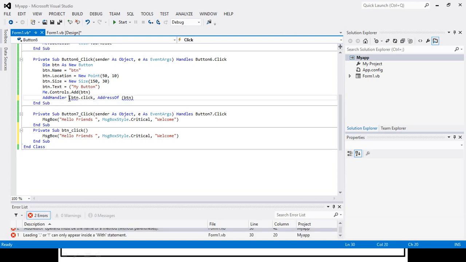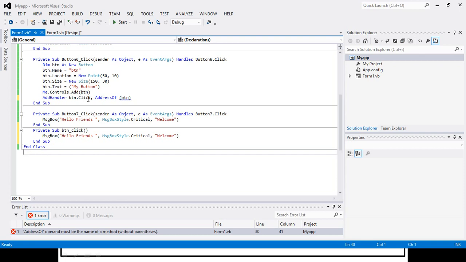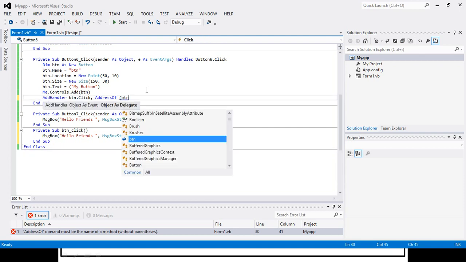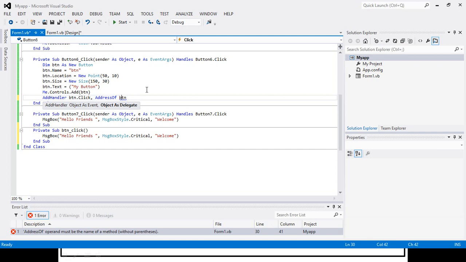Now here we have created the handler for our button and we have put the object address of that particular button. Now here we will require the event also. So AddressOf btn underscore click.